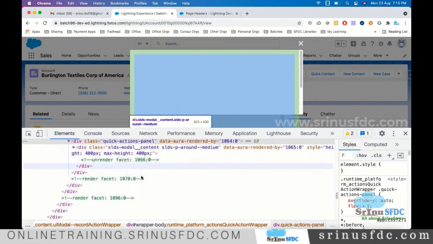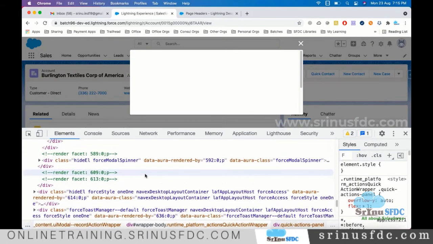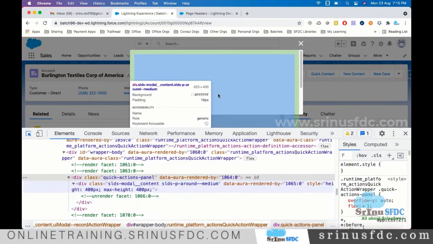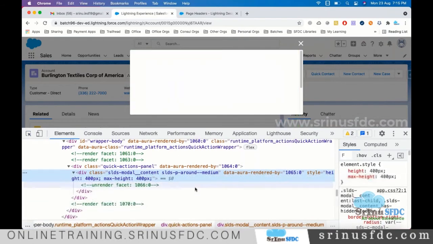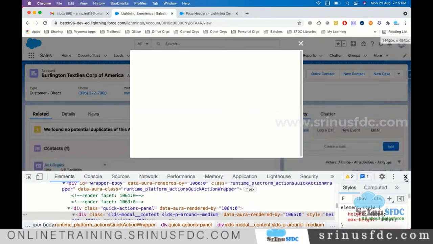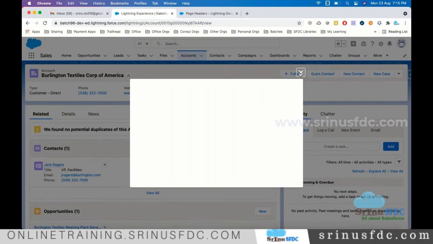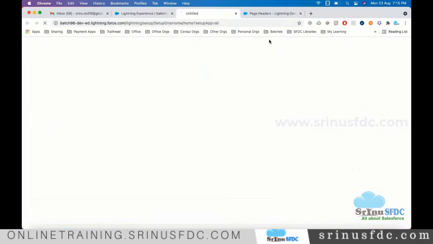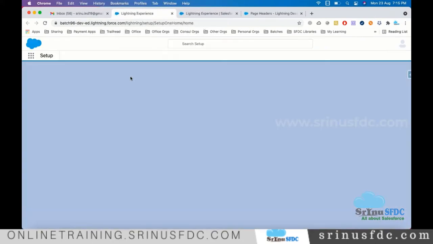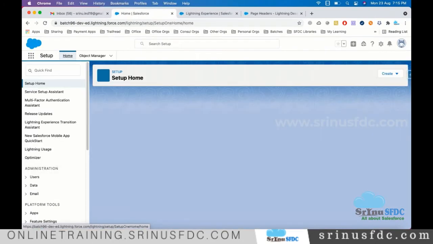Inside that, nothing is there. Okay, and also we might be facing caching problems. So let's check. Click on setup. There is a browser caching setting. I did not remember that we disabled that.